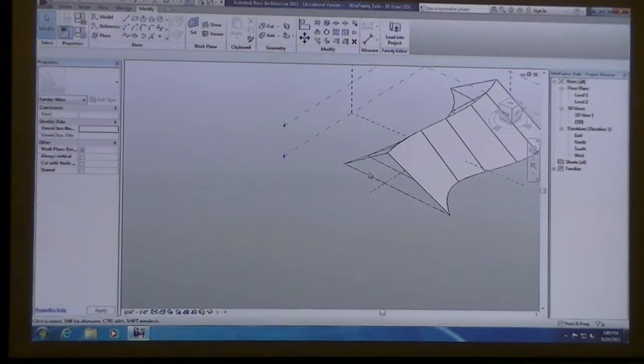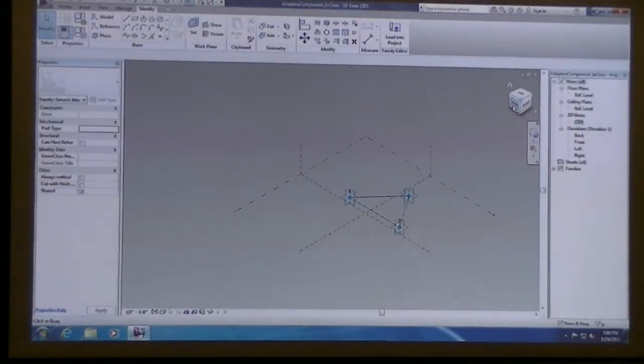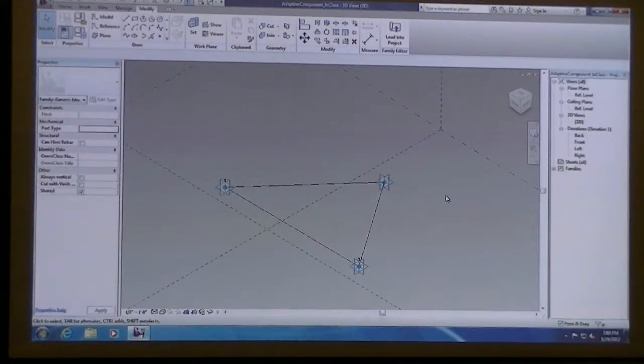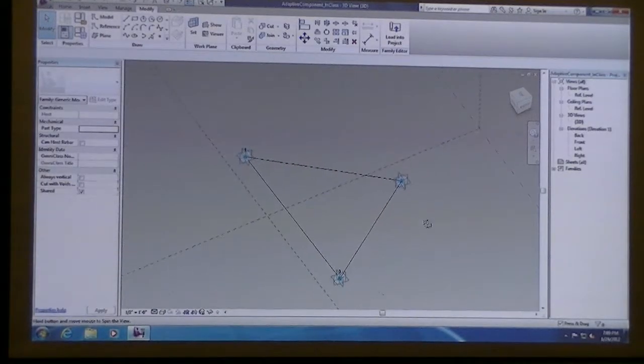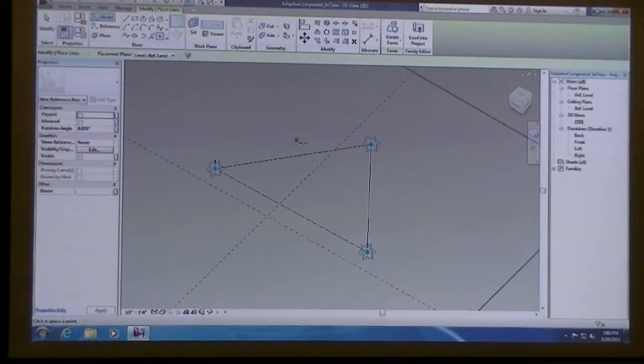Okay. So now what we can do is go back into our adaptive component, and I'll click on a 3D view. You should be in the triangle that's just the numbered points. And I'm going to place another point element that is just somewhere on any of the lines.